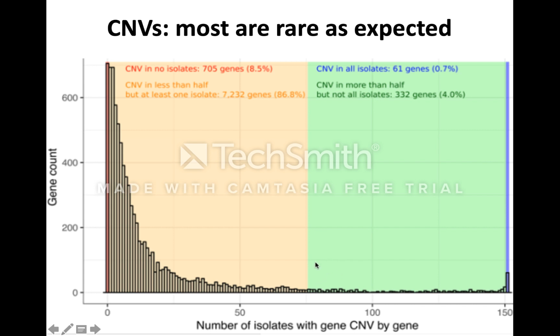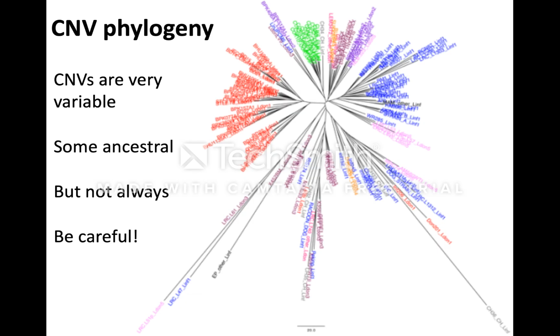So this kind of fits what we'd expect for SNPs, and therefore means that we can use CNVs now for population genetic inference in terms of understanding the population structure, and allows us to see what CNVs are conserved across collections of samples. So if we draw a phylogeny based on these CNVs, we see that CNVs tend to be quite